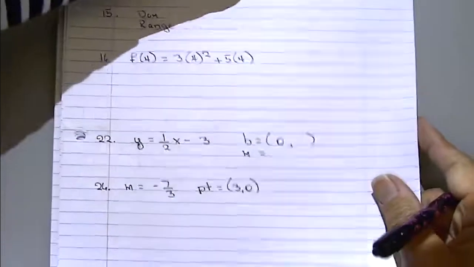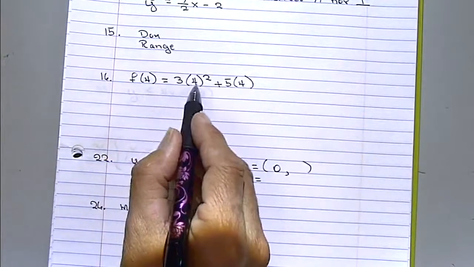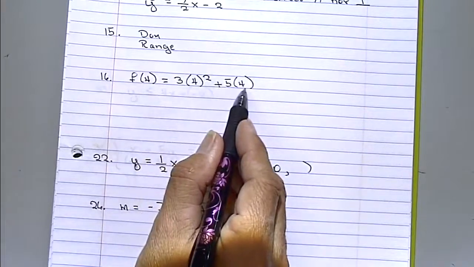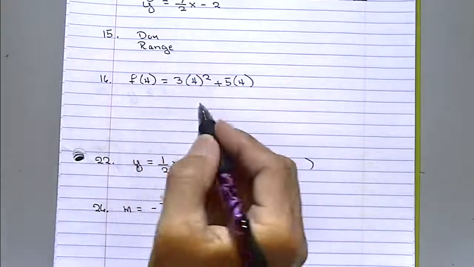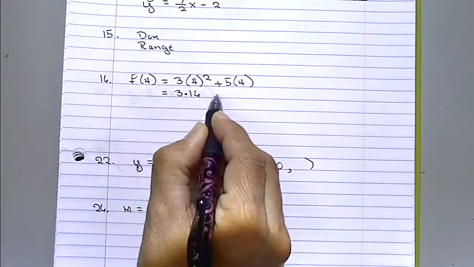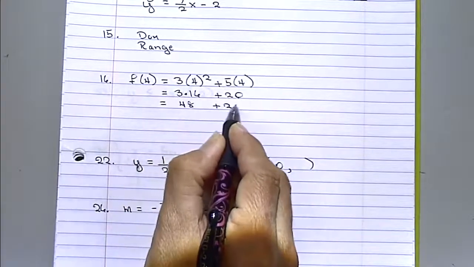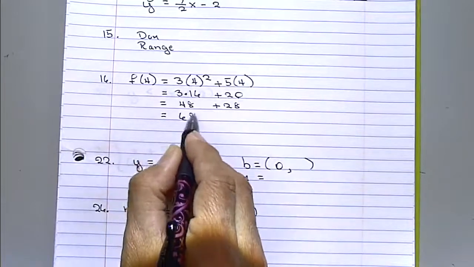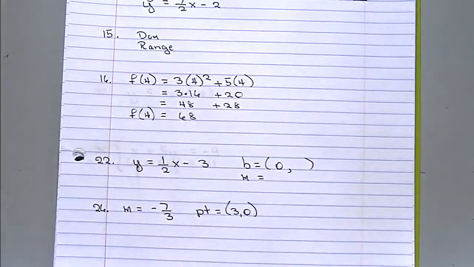Okay, for 16, what I've got is it says function of x. Function of x is equal to 3x squared plus 5x, and it wants the function of 4. What do you do? You just plug in the 4 for x. And I did that. And then all I have to do is solve it, right? I would square it first, so that's going to be 3 times 16. You can multiply this if you want to. That's going to be 48 plus 20, and that would be 68. So the function of 4, as far as this equation goes, is 68. And that should be fairly simple for you. The next one I hit was number